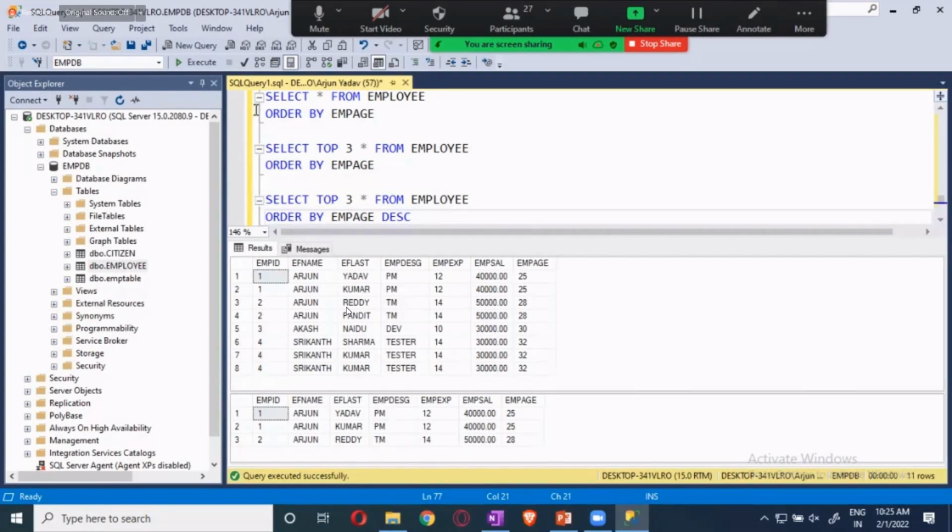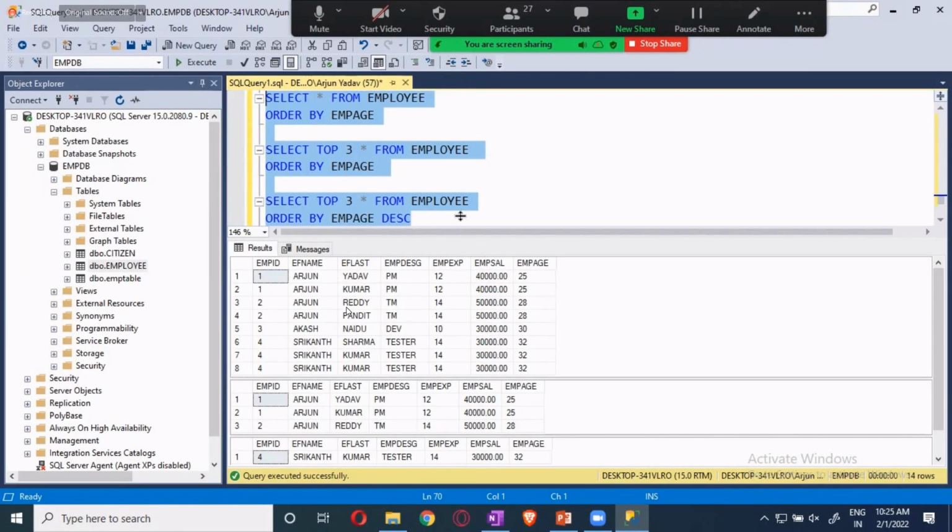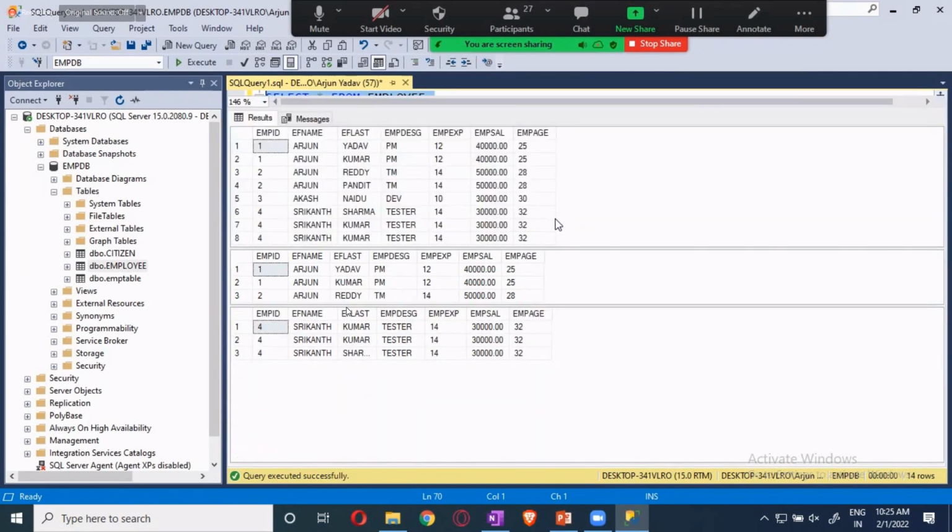Now we will see this. This is the one we ordered. We arranged them based on the age in ascending order. Can you see this? It is called ascending order. In this, I got the top three of them. This one, I got the last three. Can you see this? Last three over here. You can play with things like this and do it.